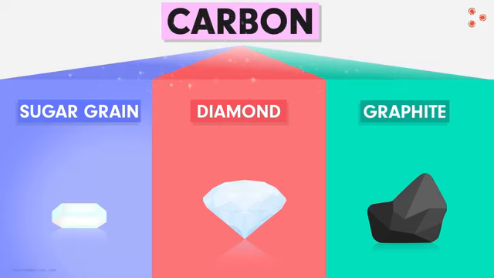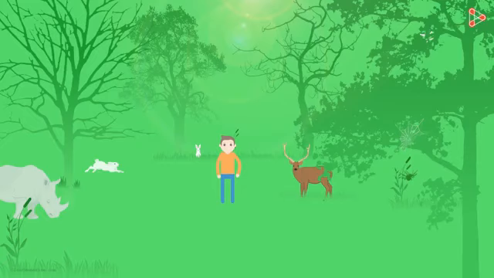Well, the magic lies in the element itself. The element carbon has several interesting properties, and that's what makes it special. It is capable of forming bonds with most of the elements. That is the reason why carbon compounds are quite commonly found everywhere.